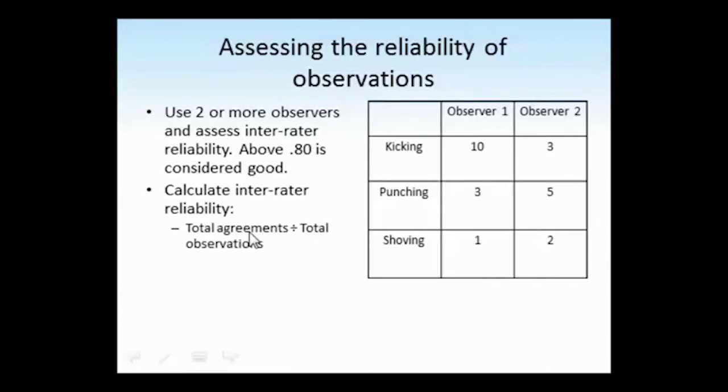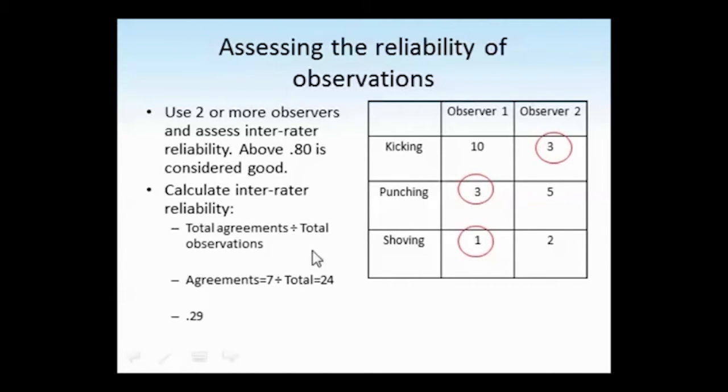To calculate the inter-rater reliability, we would add up the total agreements and then divide by the total number of observations. To find the agreements, it's generally the smallest number, so here they've agreed on 3, but observer 1 has recorded 7 more instances of that behaviour. Here again they've agreed on 3, but observer 2 has recorded 2 more incidents of that behaviour. Here they've agreed on 1, but observer 1 has recorded 1 more incident of that behaviour. So for this example, they've agreed on 7 of their observations out of a total of 24,